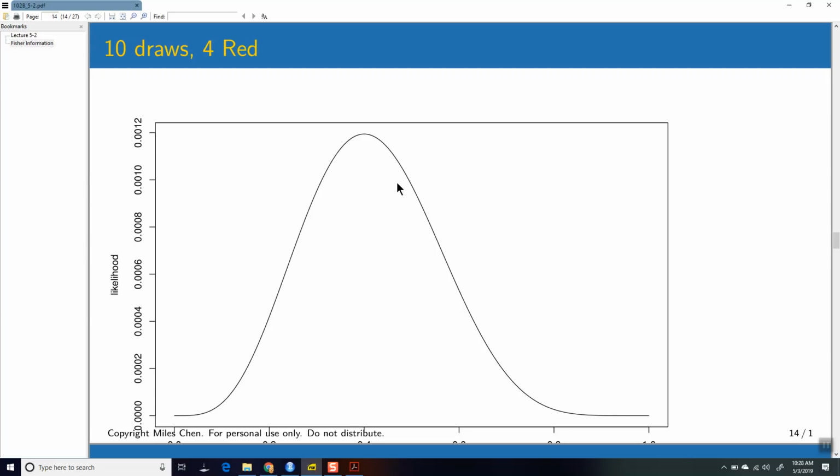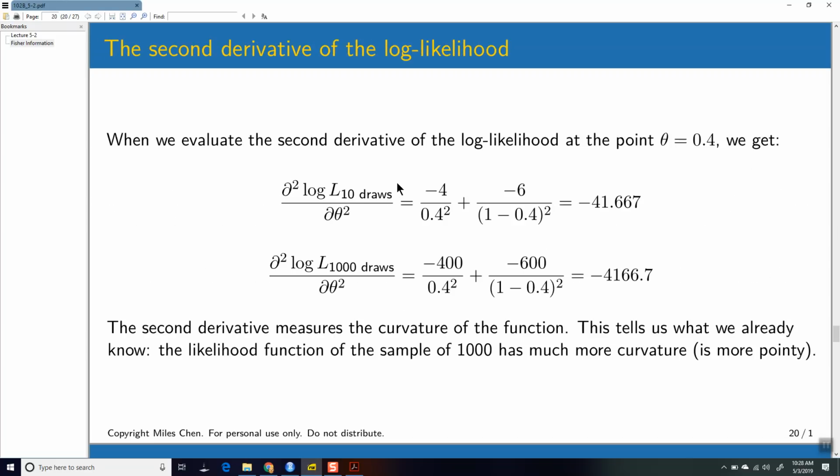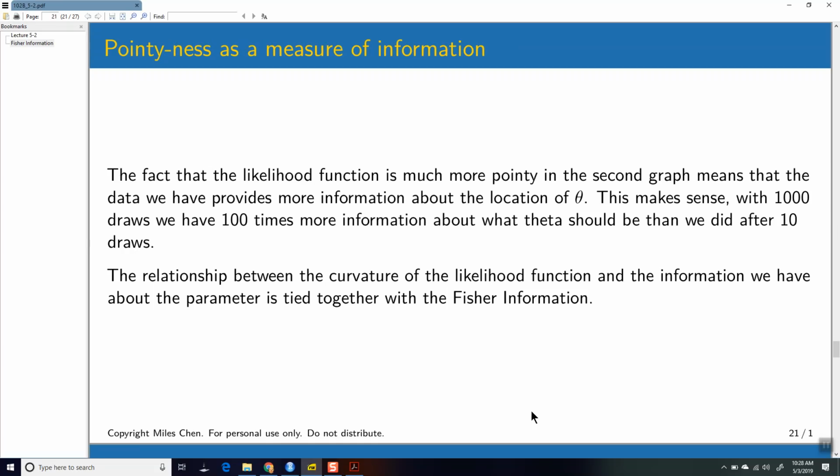Yes, this is the likelihood and we're looking at the log likelihood, but because the log function is monotonic, it still relates in the same way. The likelihood function or the log likelihood function has much more curvature when we've got a lot more data. Okay, so